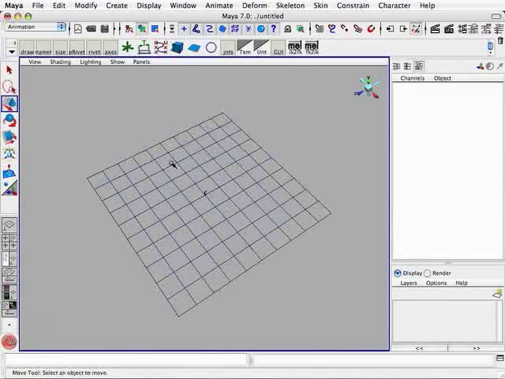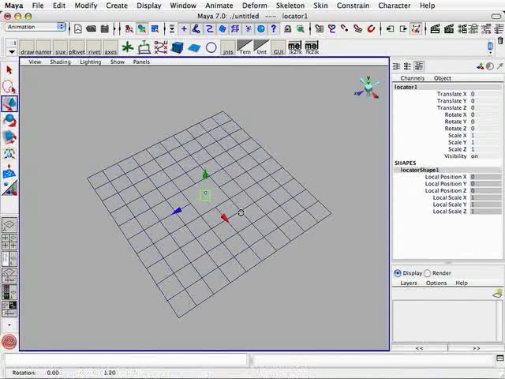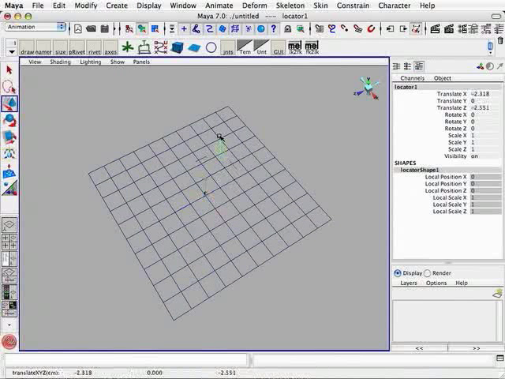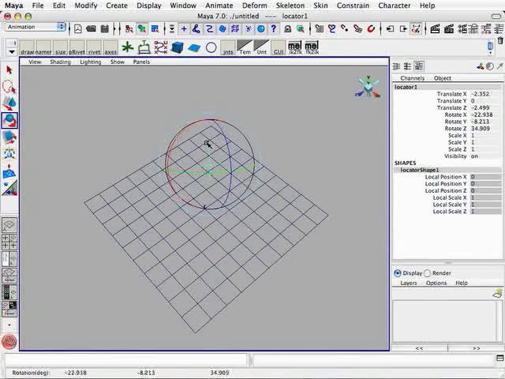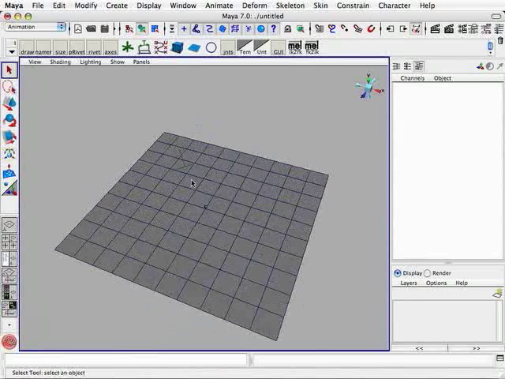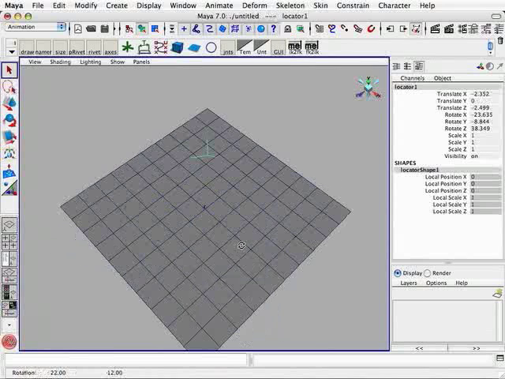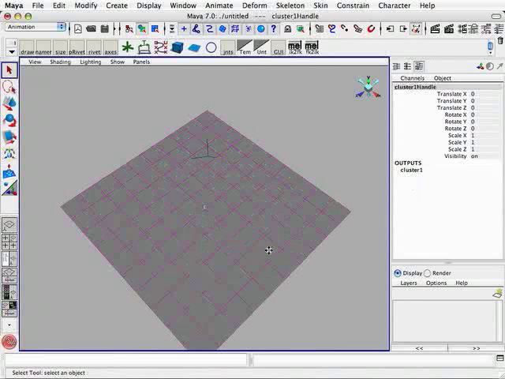So we're going to do that by creating a locator. Create locator. Now let's just arbitrarily position the locator and orient it. Once again, arbitrary, but let's just say that that is the precise orientation and position that we want for our cluster. So at this point we can select our cluster handle,